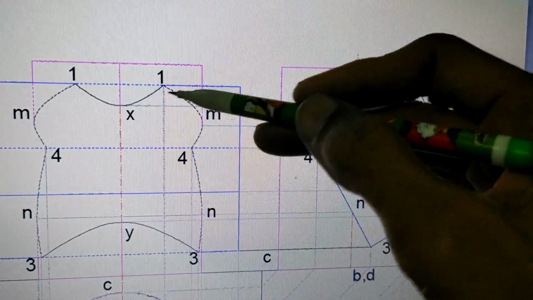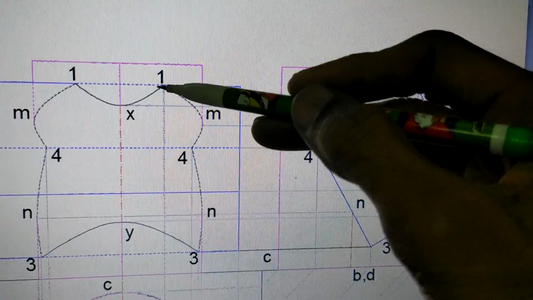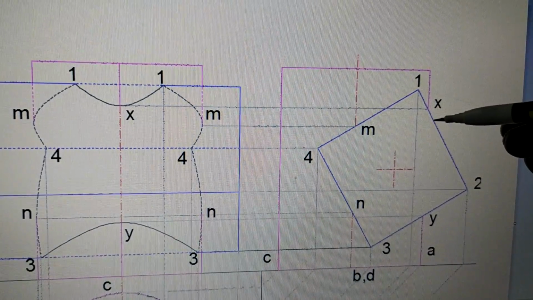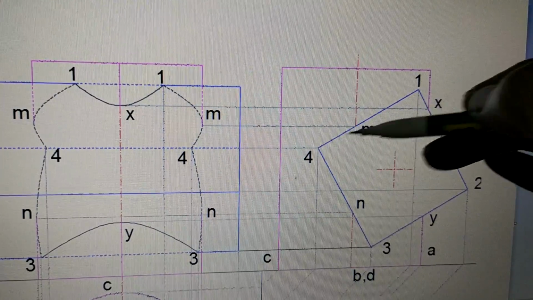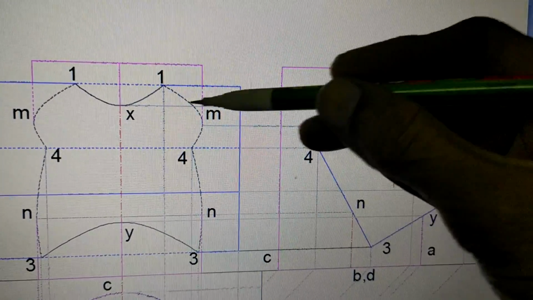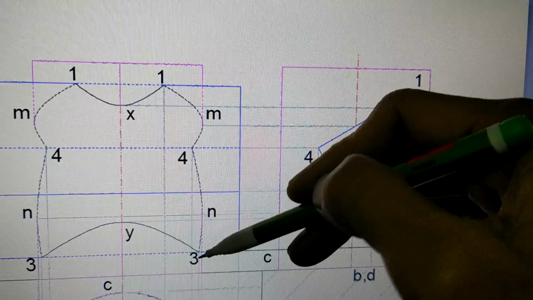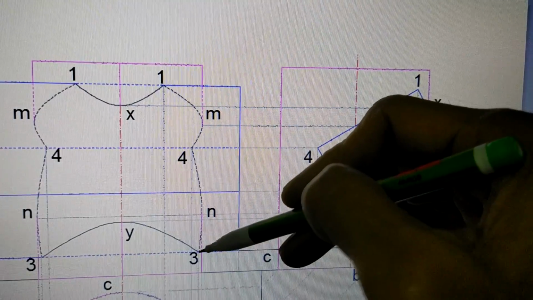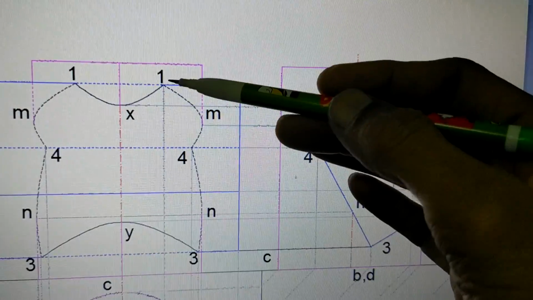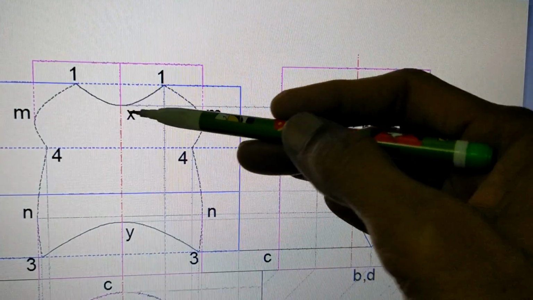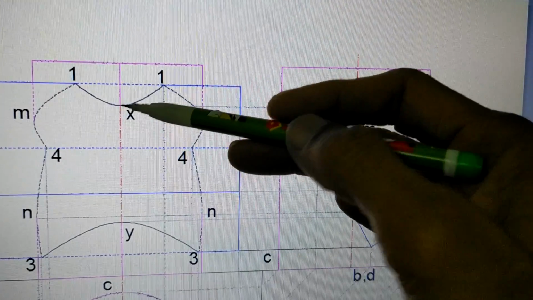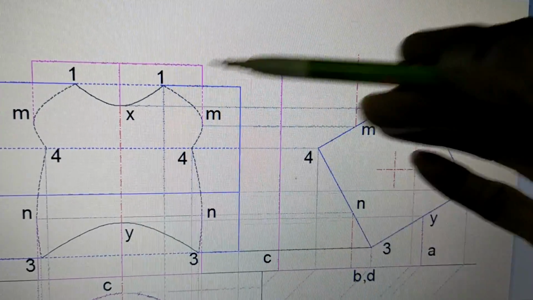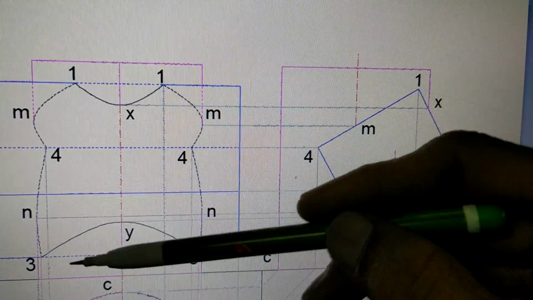But right now we are not taking so many points in between, and we are going to work more by judgment and by understanding the nature of the surface. So wherever there are edges, edge at 1, edge at 4, edge at 3, there is going to be a corner at 1, corner at 4, corner at 3. Accordingly the shape of the curve has to be drawn. So you can see the corner has come at 3, at 4, at 1, and the shape of the curve is like this, so that there is no corner at X, no corner at M, no corner at N, no corner at Y.